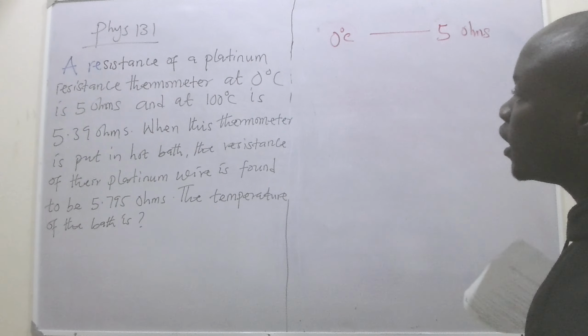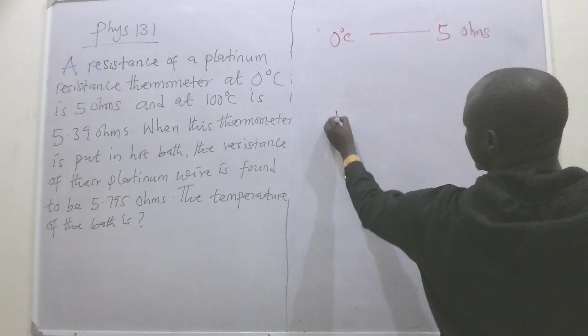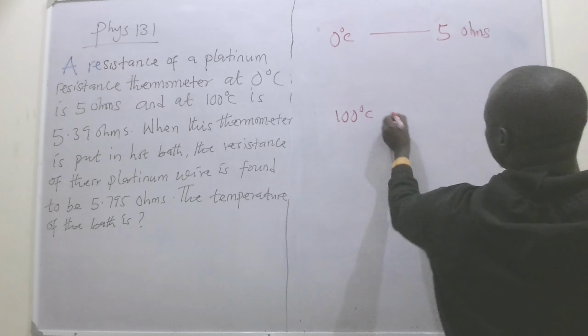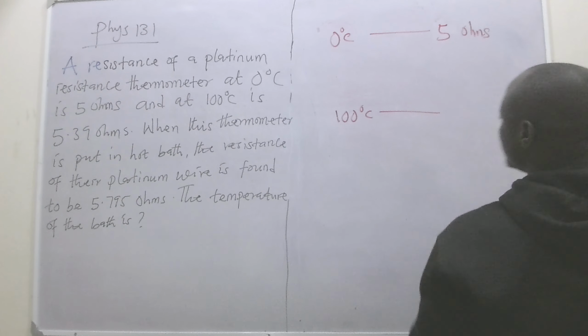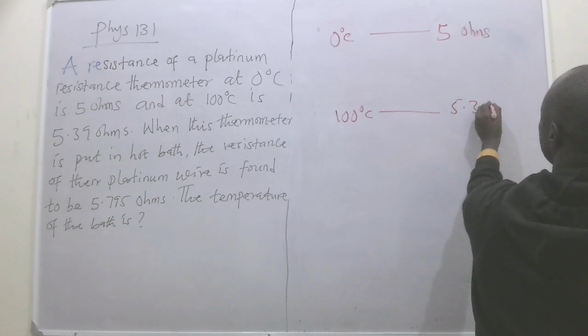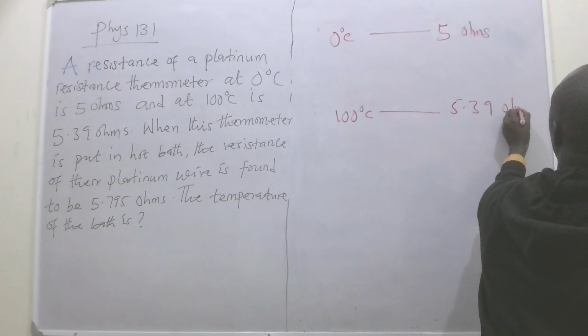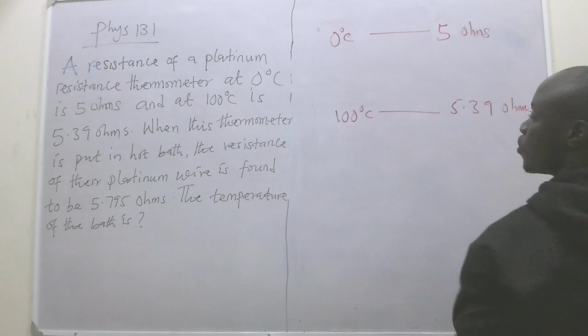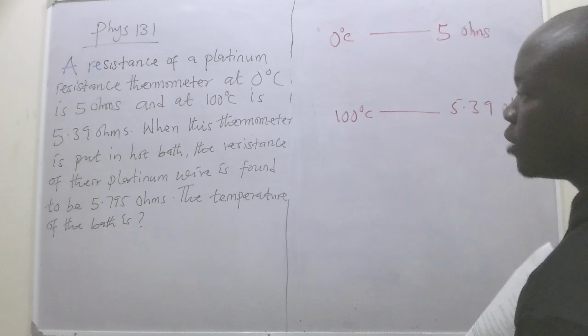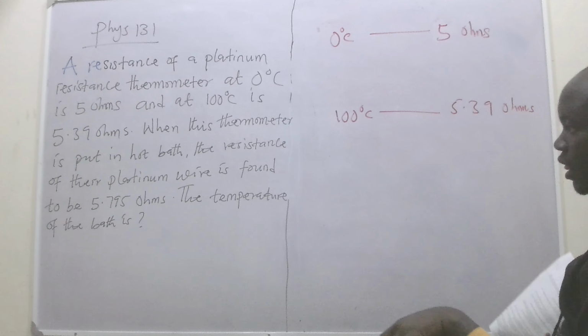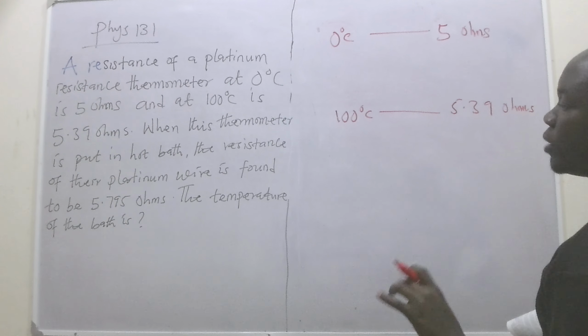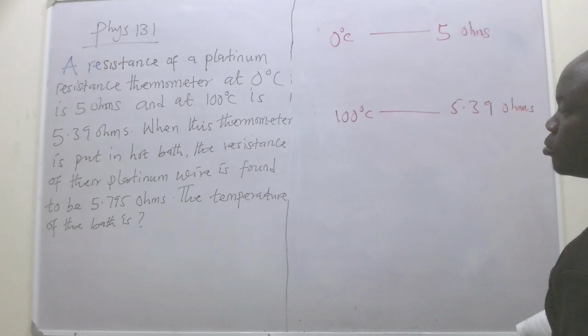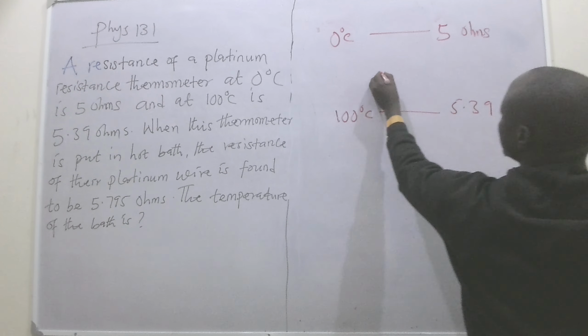And at 100 degrees centigrade, which is the extreme, it is equivalent to 5.39 ohms. And then when the thermometer is put in a hot bath, the resistance of the platinum wire is found to be